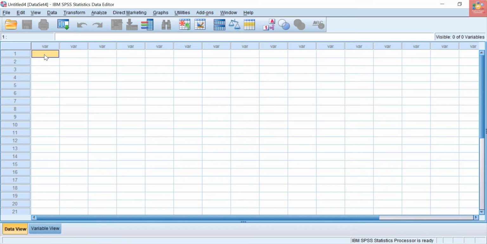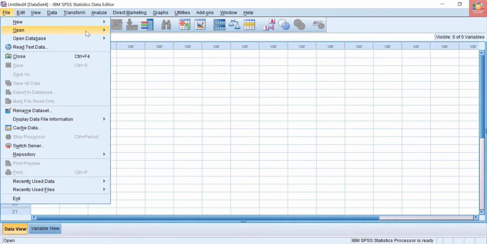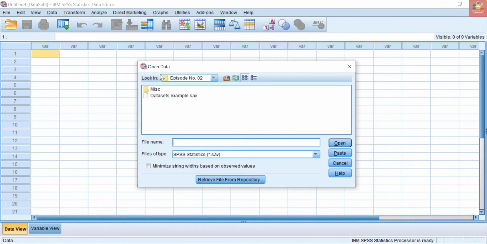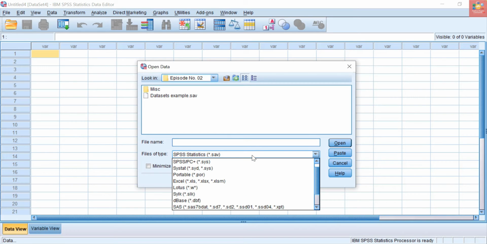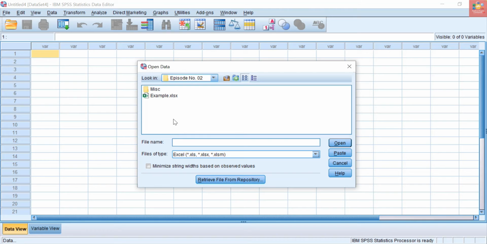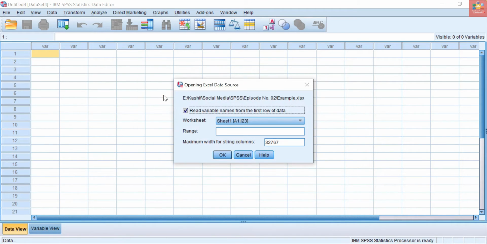and now I will go to SPSS and try to import. How will I import? Go to File, Open Data, and just change the file type to Excel. You can see that the Excel file has appeared right here. I will just double click it to import, and if there is more than one sheet, SPSS will let you choose from this drop down list, and it will also read variable names from the first row of the data. Press OK,